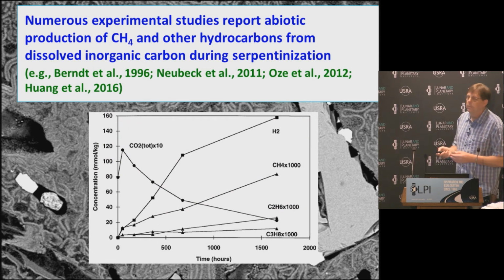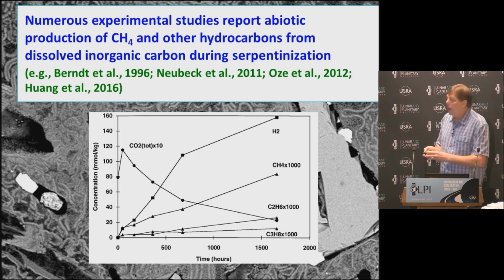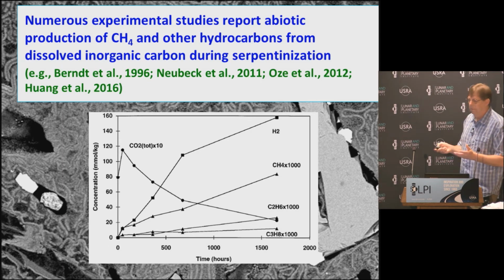So over the years, there have been a number of laboratory studies that have reported the production of abiotic methane and other hydrocarbons from dissolved inorganic carbon during these experiments. And this is one of the first ones to report this, from Mike Burnt's experiment in 1996. So he did a 300-degree reaction with olivine. Serpentinization produces a bunch of hydrogen. CO2 goes down, and we see a little bit of methane, ethane, and propane being produced, which was interpreted as coming from